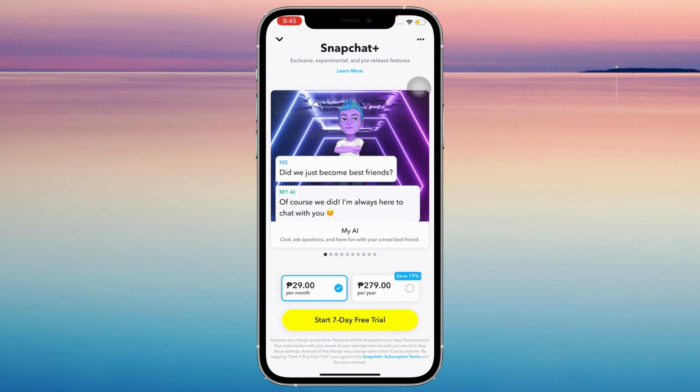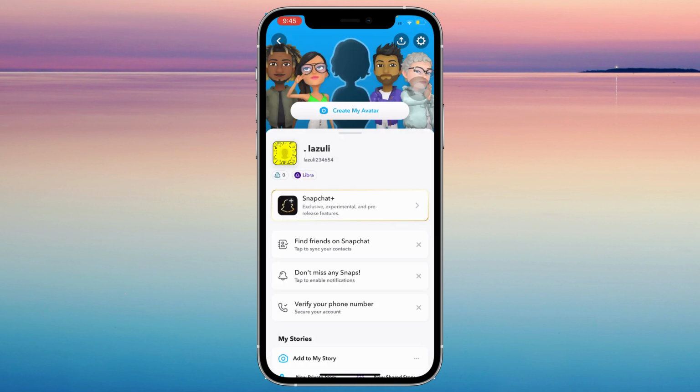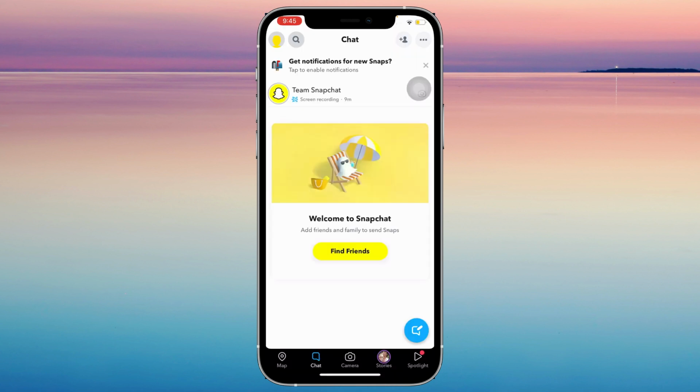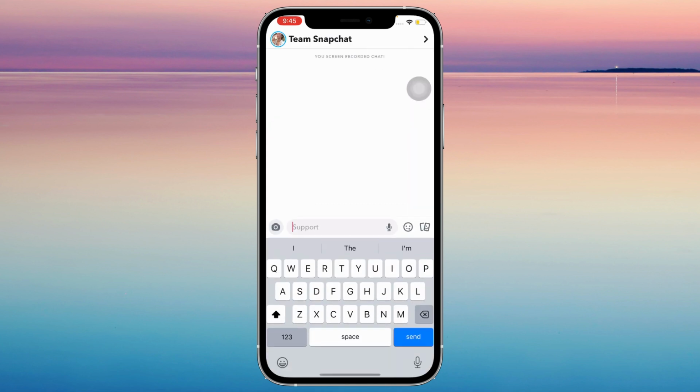But if you already have Snapchat Plus, then it's actually really helpful, I guess. So if you do have it, I'm gonna teach you how to use it. Just go back here to the chat tab and pretend that this is the robot. So it's gonna appear in your chat list and you're gonna open it and just basically ask it for anything,